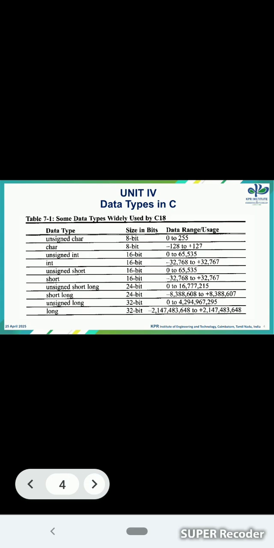And we have a signed integer having the range between -32,768 to 32,767. Apart from this, we have a signed short int, unsigned short int, and then a long and unsigned long int. So by using these data types, we will see a small embedded C program for the PIC18